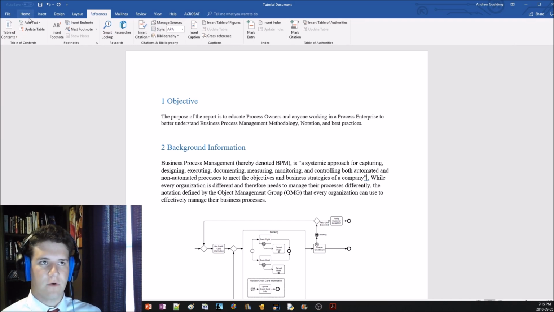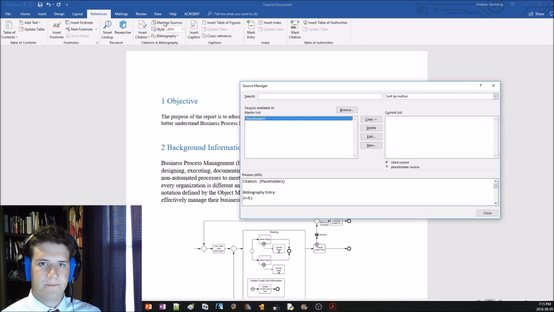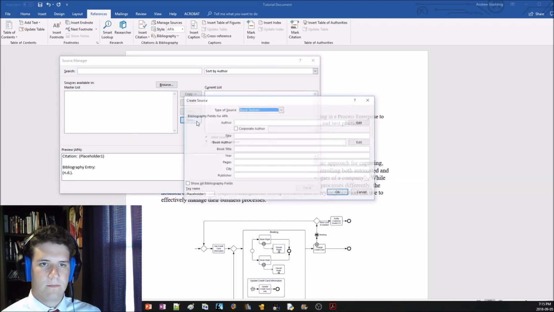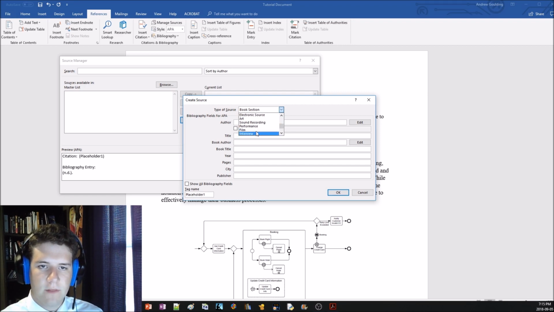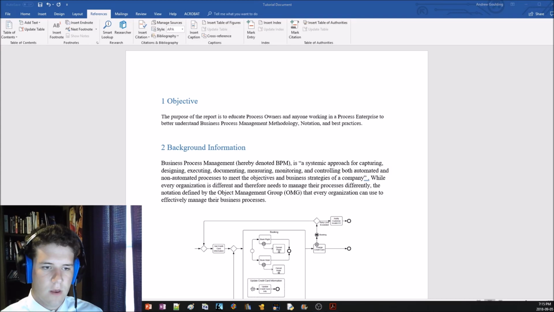But anyway, in order to insert the citation, what we want to do is manage sources. So you go to the References tab and click Manage Sources. I already have a source here, but I'll just delete that, and you want to click New. You're going to want to fill in this information. It's going to ask you what type of source you're working with. For my sake, it's a book section because I got this from a book. I actually have all the information here, so I'm going to